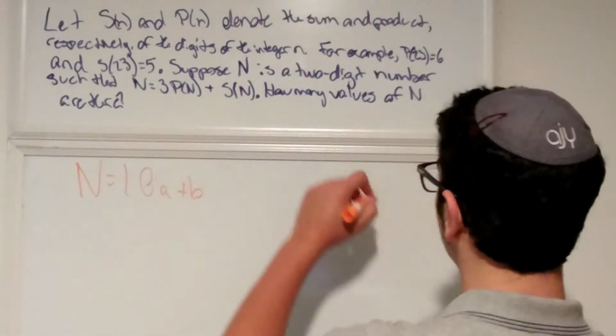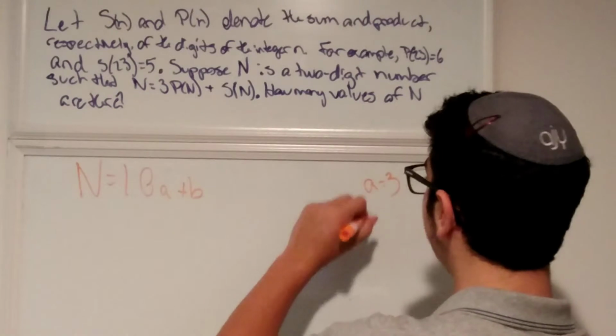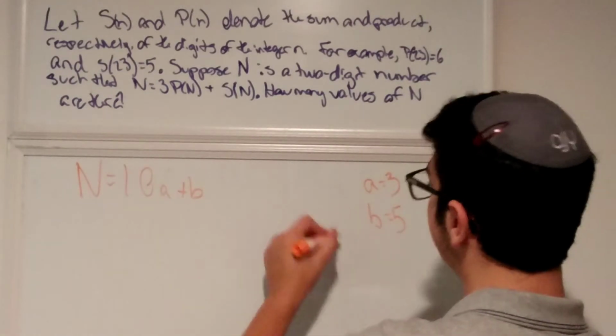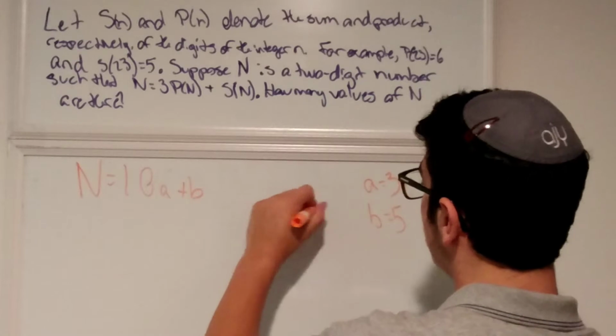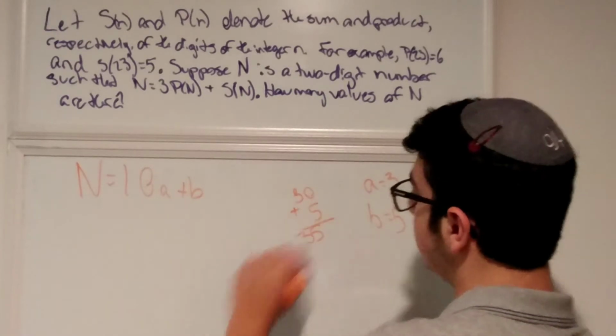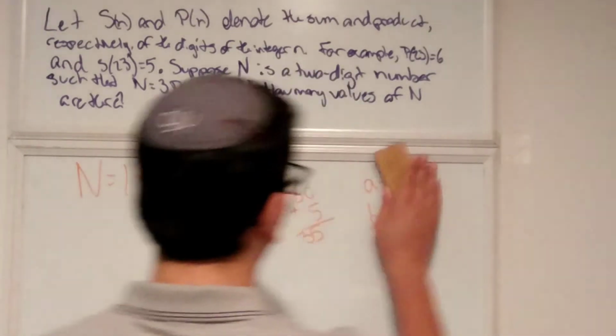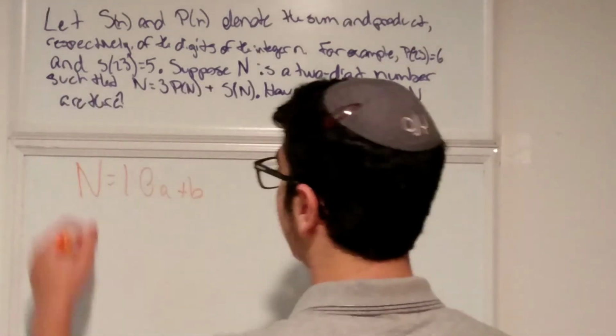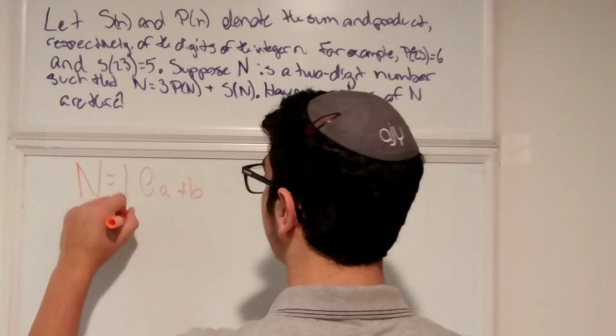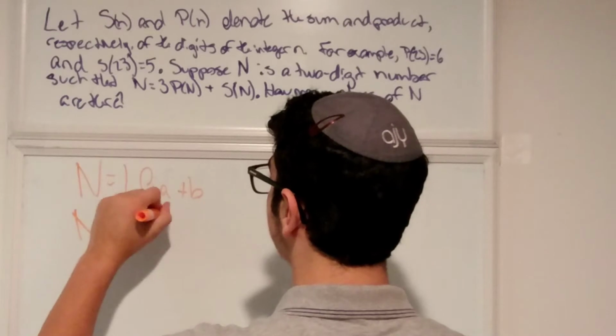So for example, if a is equal to 3 and b is equal to 5, the number would be 3 times 10, which is 30, plus 5, so the number would be 35. Now there's another thing I know, which is what it tells me. It says n is equal to 3 P of n